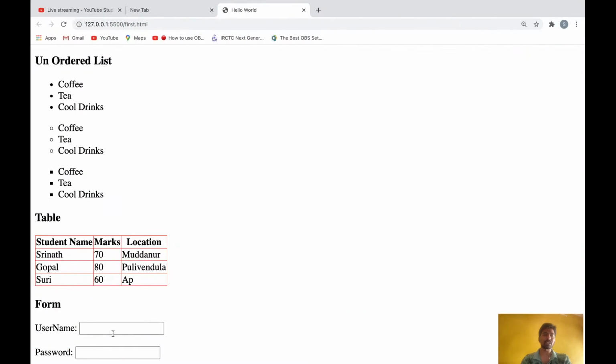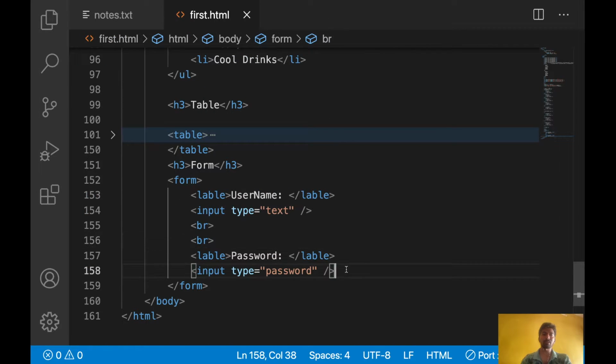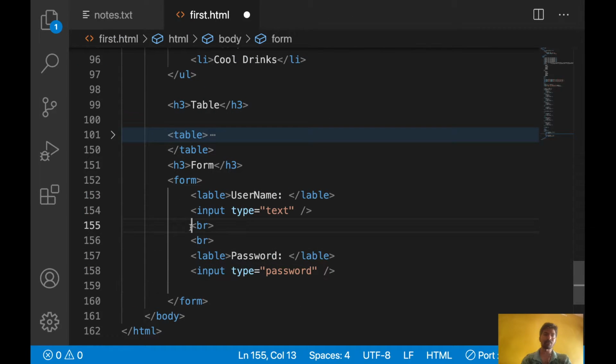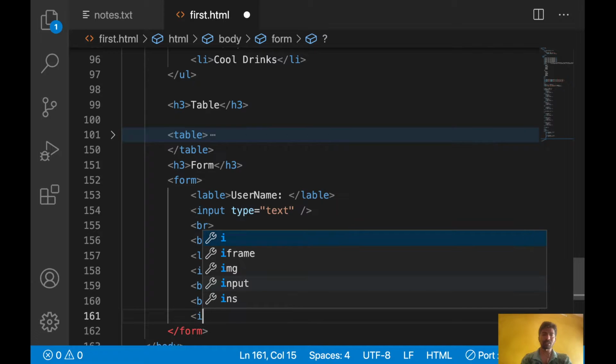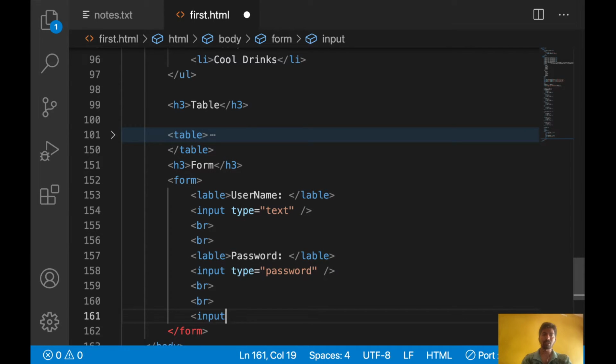So after I have username and password, now I need some button to save it. Let's use some breaks before giving the button, and use some button. How can you use it? Input type equal to submit. Submit means you want to submit some form.